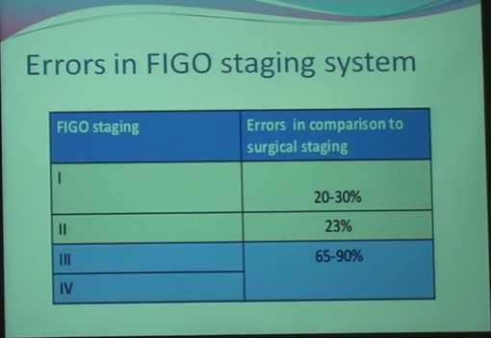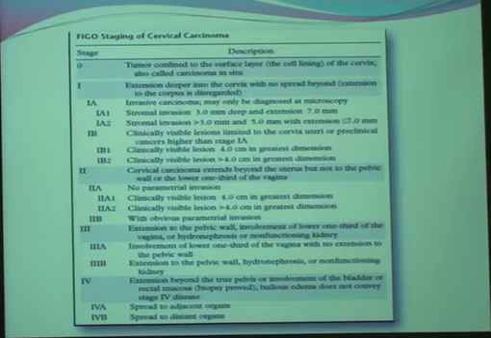There are a lot of fallacies and errors in its staging system. We can see in stage 3 and stage 4 there is up to 65 to 90% error in comparison to surgical staging. This is the FIGO classification system. It's divided into main stages 0, 1, 2, 3, and 4. Basically, we depend on the size, the extension and the depth of invasion of the tumor into the surrounding structures, and distant metastasis is considered as stage